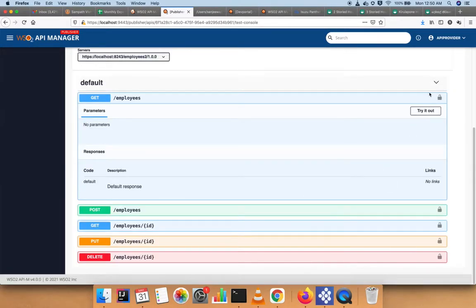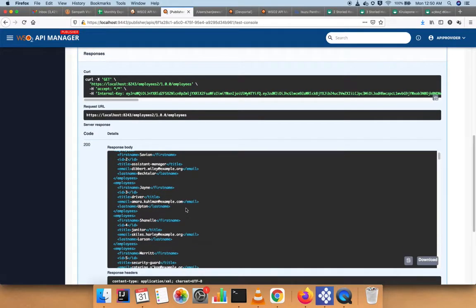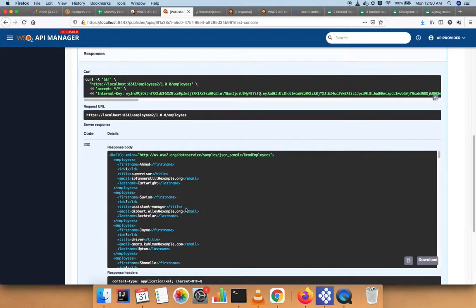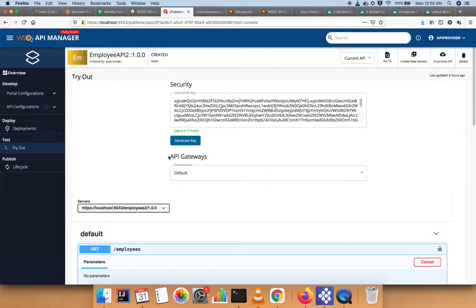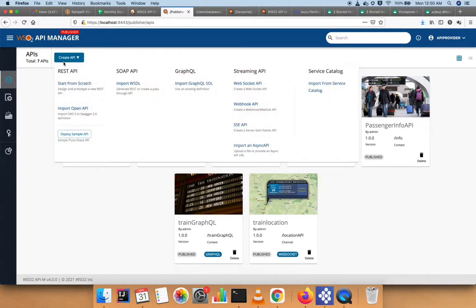Okay, so now I got my response, and here you can see the employee information which I stored in the table. So basically with this we covered C3 and C2. Okay, then I'll move into another section and explain how we can create an API.